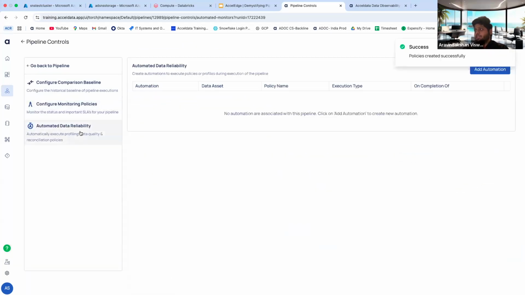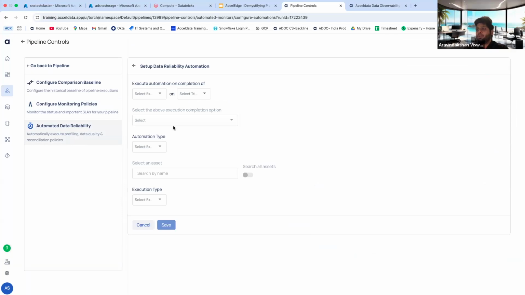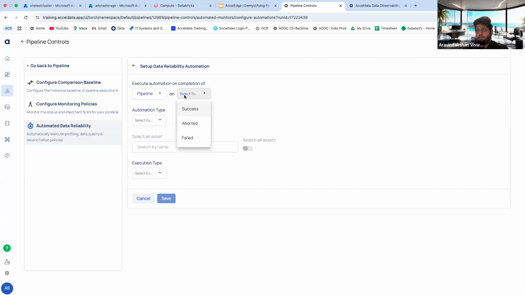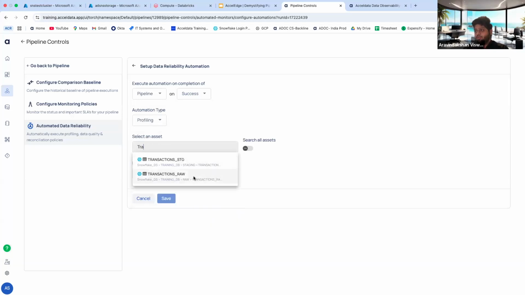And the final piece is automated data reliability, right? So here, what it helps us to do is, once we have onboarded the pipeline, you can set up some policies. So what I will do is, I'll click execute automation on the successful completion of pipeline. I'll select automation as profiling, and I'll select the assets. So I'm going to profile